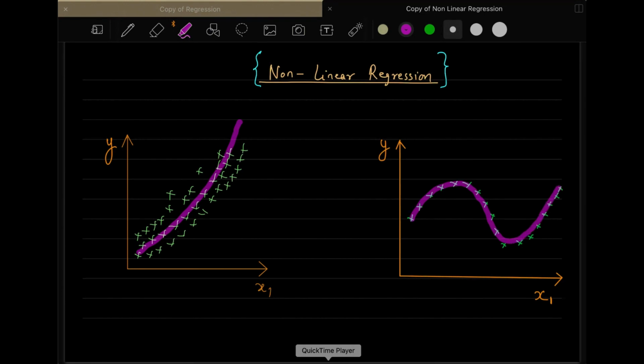Can you comment upon the type of features we should use here so that we can fit this data set properly? What kind of features? Polynomial function. Yes, the first one should be a parabola or even x cube. And the second one is like a sin x curve, or cos x. Good. By seeing the data set, you have to think about how to come up with the features that will fit this data. That is the challenge of machine learning algorithms.